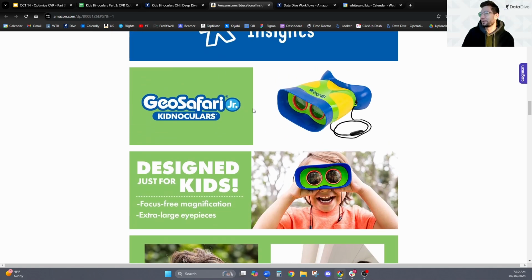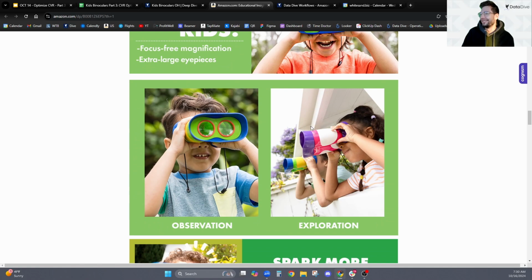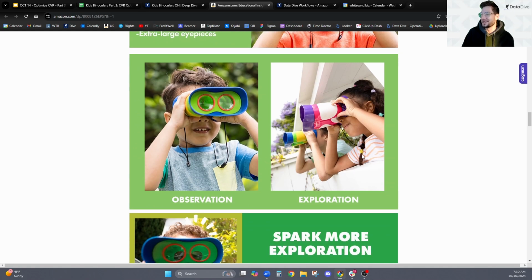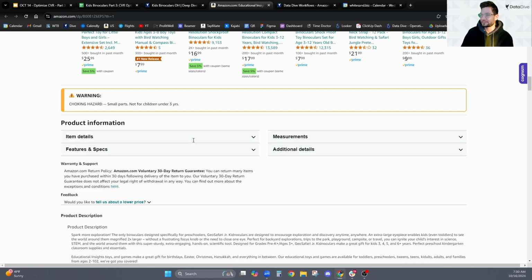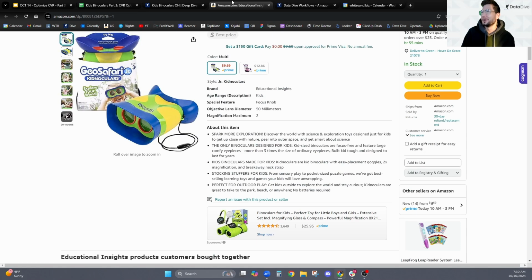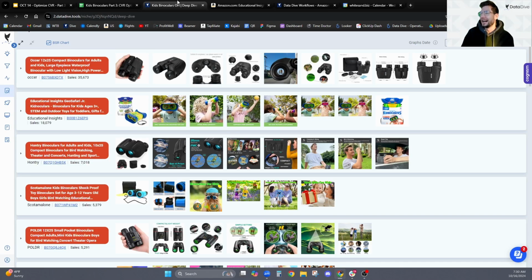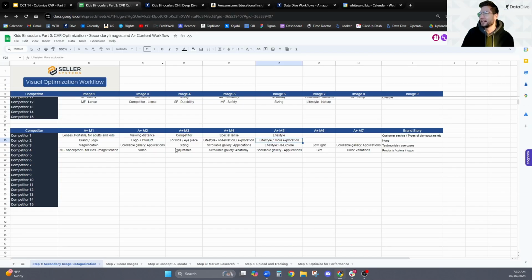It's pretty much just the product and the logo. This is the observation and exploration. The images could be, I think, a little more related to each of these. And then Spark exploration, we've got another picture of a kid. So nothing too crazy going on there. I think there were some cool concepts here. And you can see here, people are doing scrollable gallery anatomy, scrollable gallery